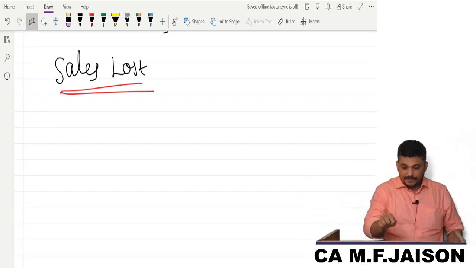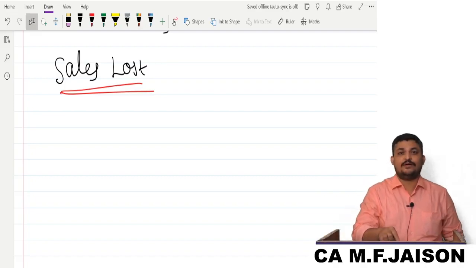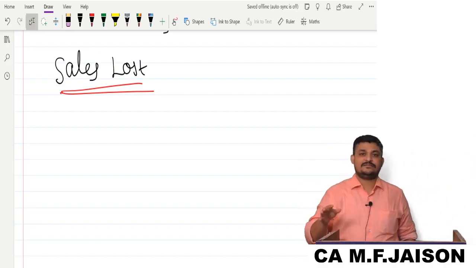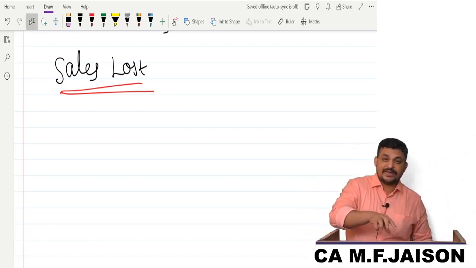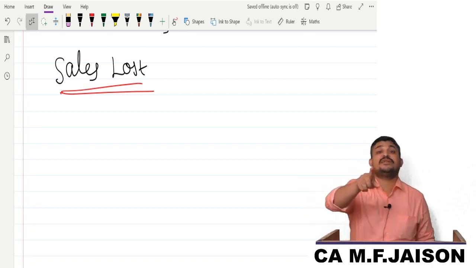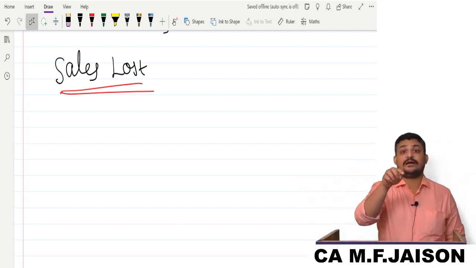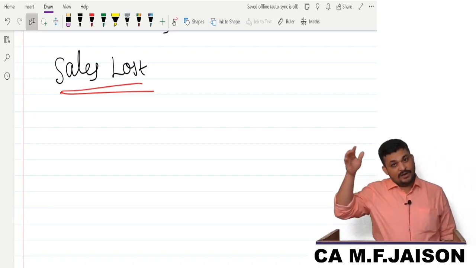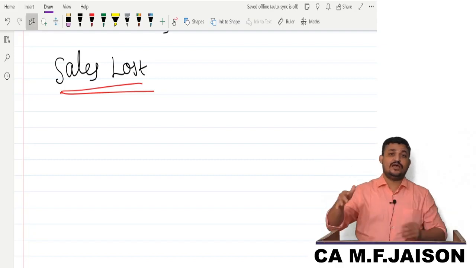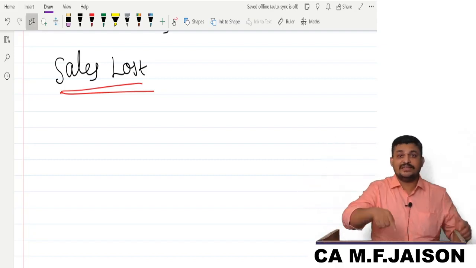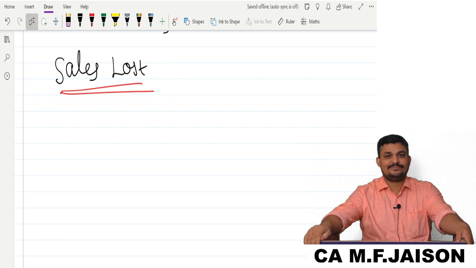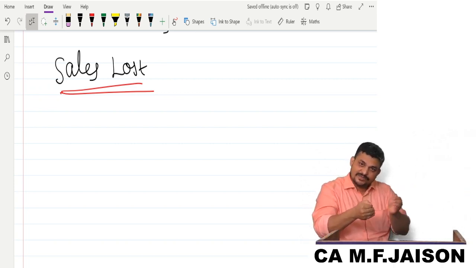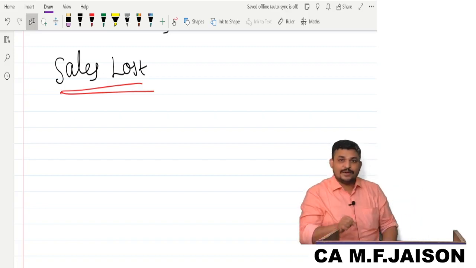Are we computing this amount exactly on the date of fire or several months after fire? This amount will be computed several months after fire. Loss of stock is computed on the date of fire. But this amount is calculated only if your business position is restored, or only if the indemnity period is over. That is why actual sales in the interruption period we know, and that amount only we are deducting.